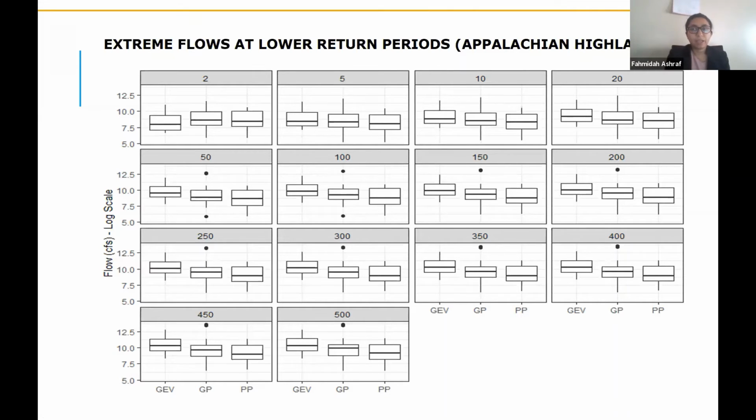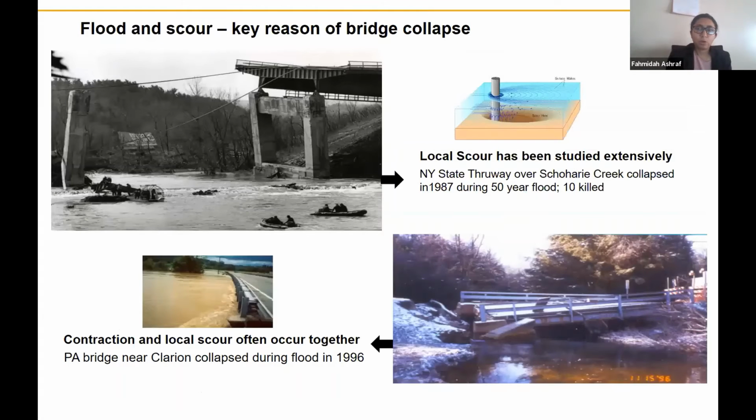So for these regions, we can say outliers are not unexpected. Having a high flash flood is regular. Having outliers is a regular event, because we can expect outliers even as low as the 50-year flow. That requires another hydrologic analysis, maybe because of anthropogenic changes and human interventions. We have these high flash flows at low return periods.